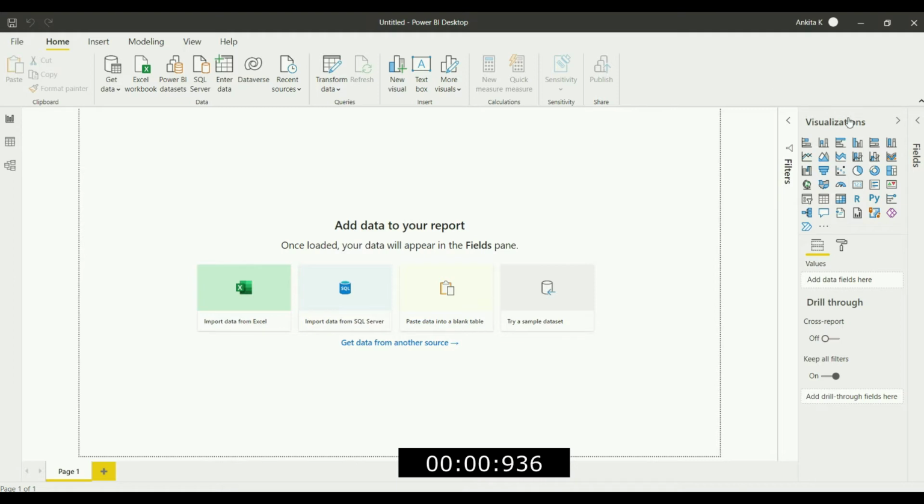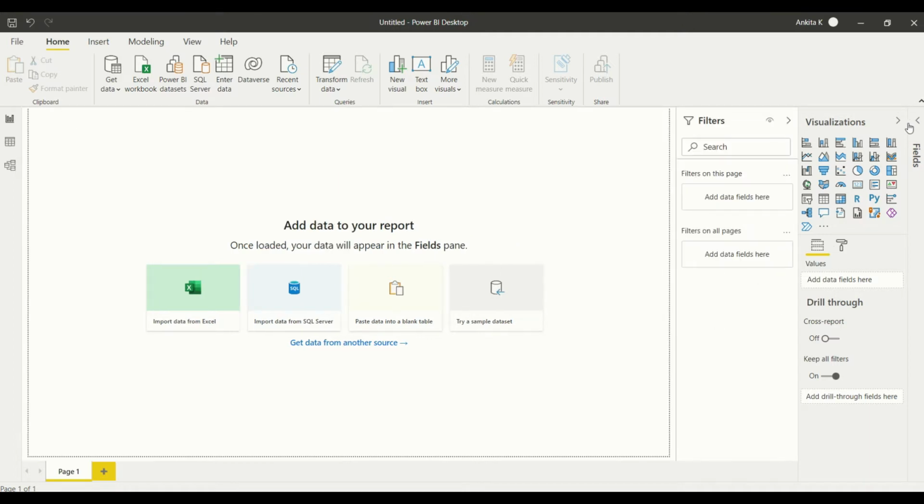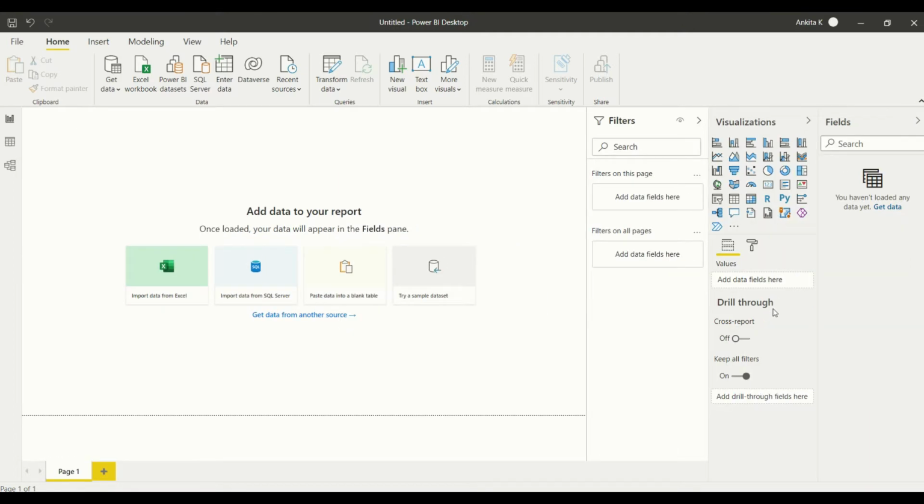So now coming back to Power BI, this is the Power BI desktop app. You can have a view of the top bar that you can see there. On the right hand side, you can see all these different things, that is filters, visualizations, and your fields.